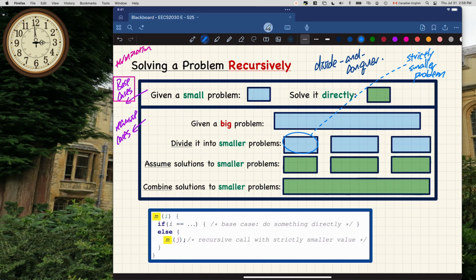Okay. And here comes the critical part. Once you define the strictly smaller sub-problems, you can assume for each one of them, they simply got their corresponding solution. So this solution here, we assume it exists for this sub-problem. This solution here, we assume it exists for this sub-problem here, and etc. So now we got